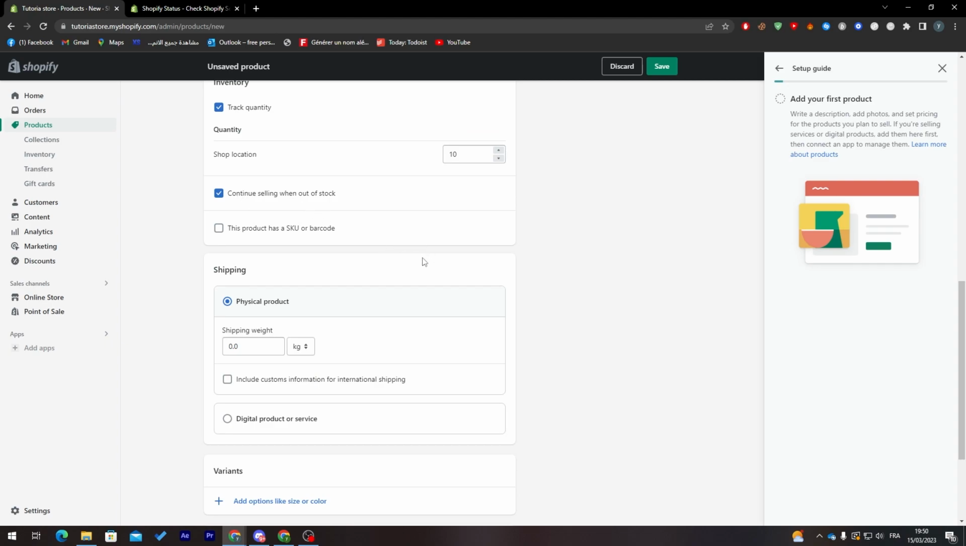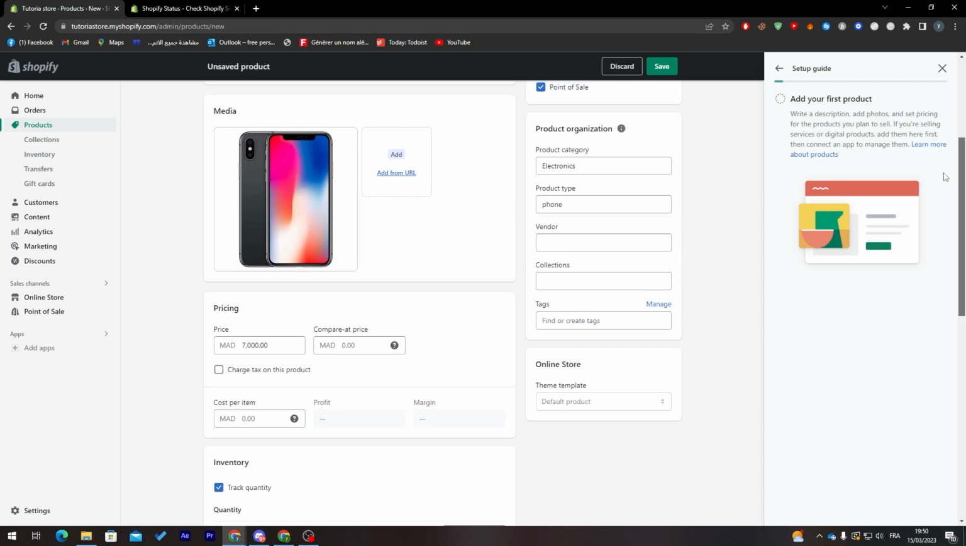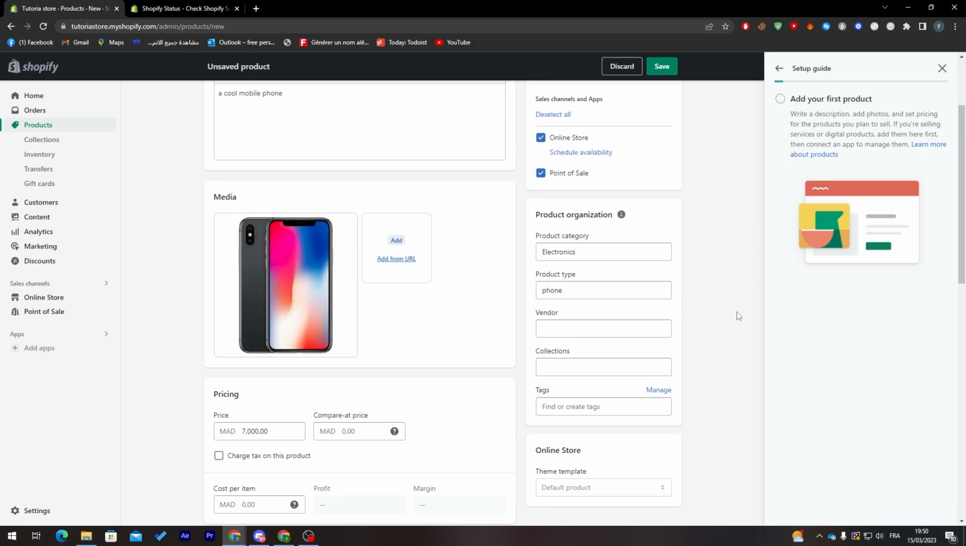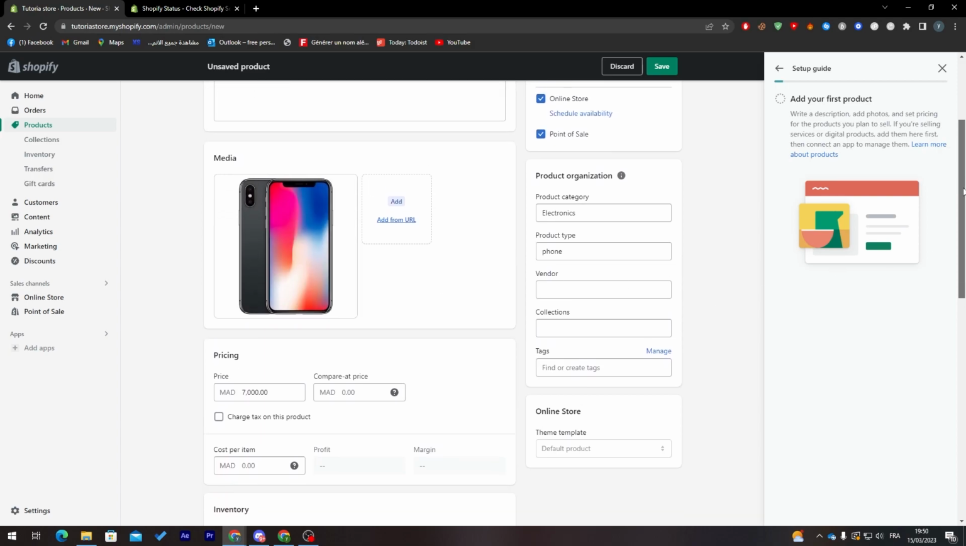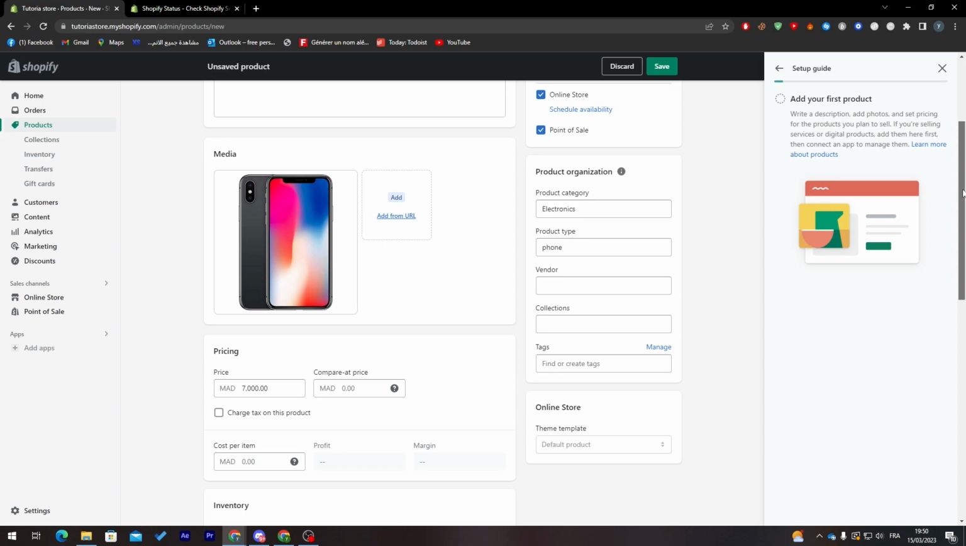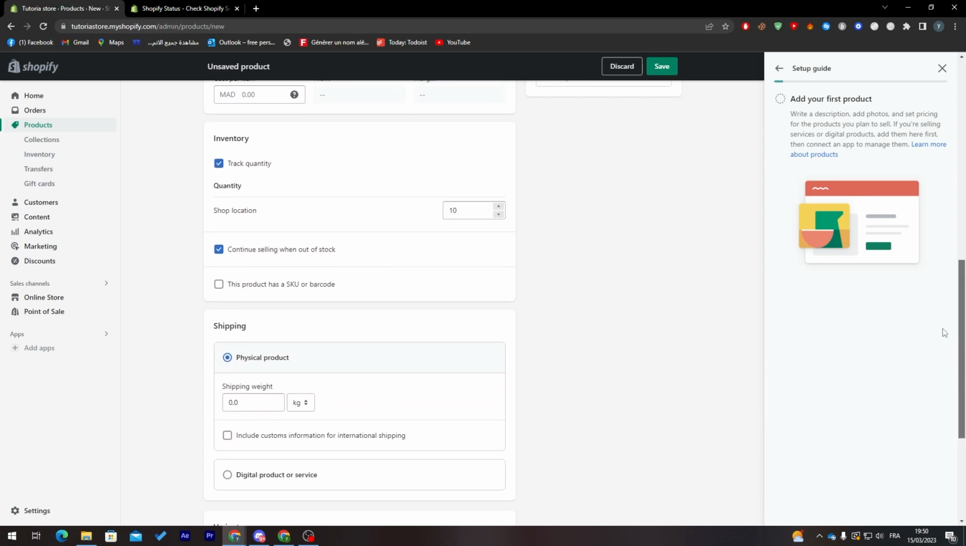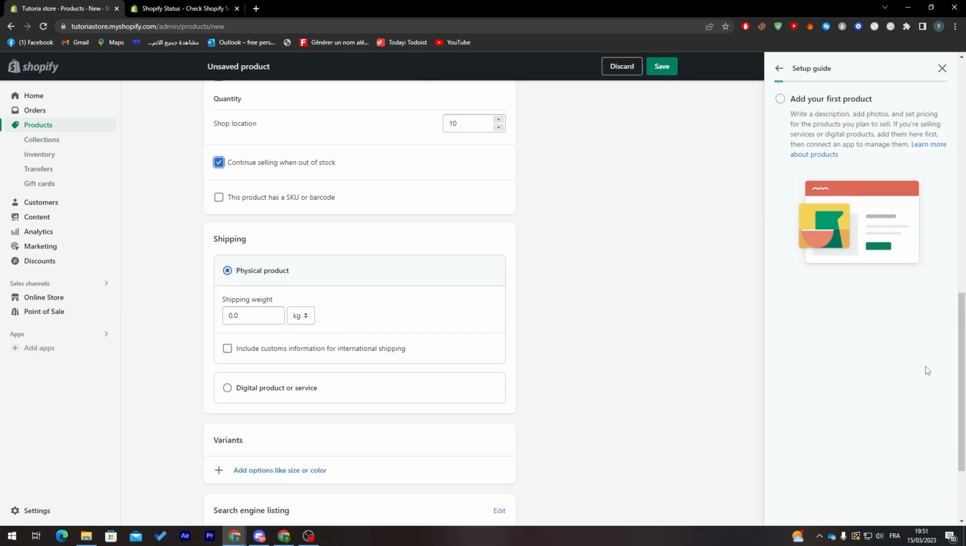So even when you are out of stock, they will still be able to buy the product from you. So you will gain the money. You can buy the phone with it and then resell it to your visitors or your clients. Here you must put the shipping. So the shipping weight. Let's say that the iPhone, for example, weighs about